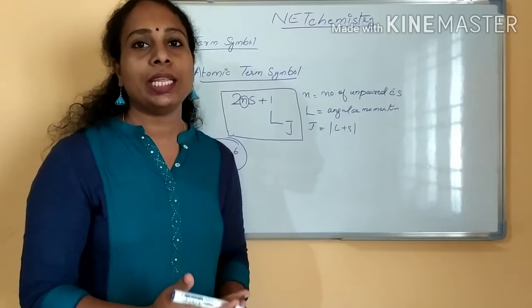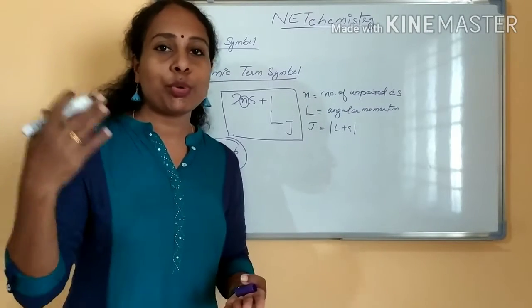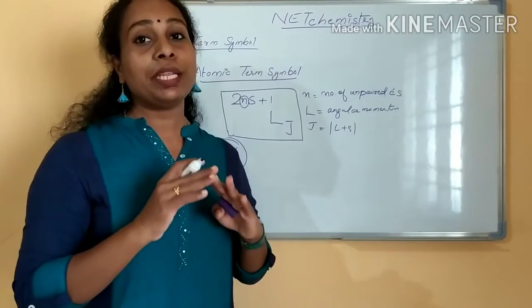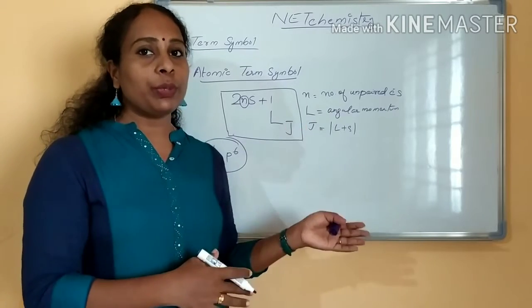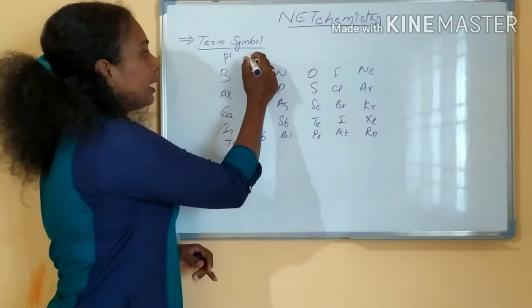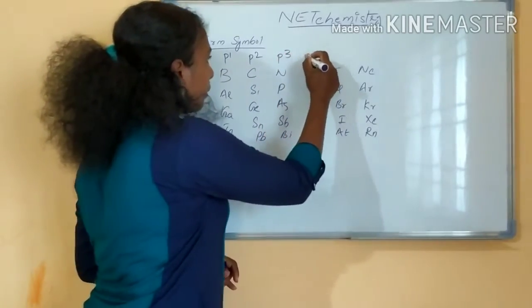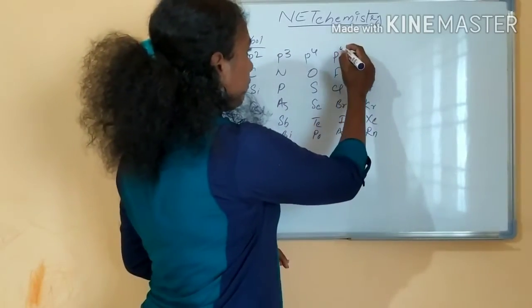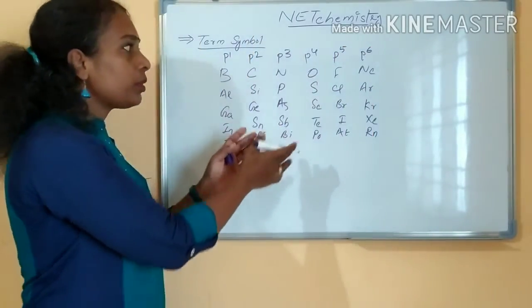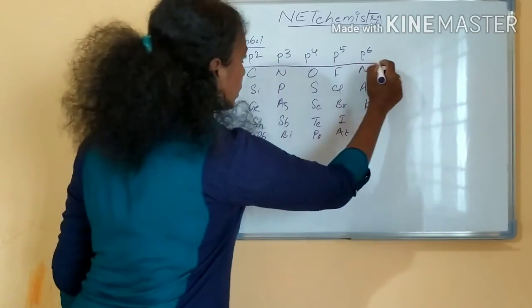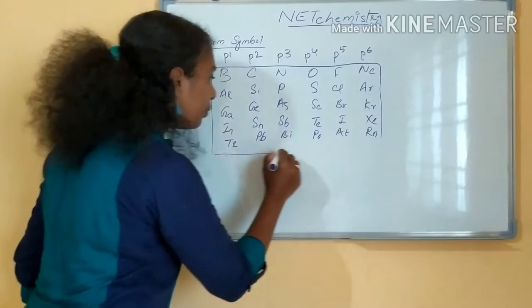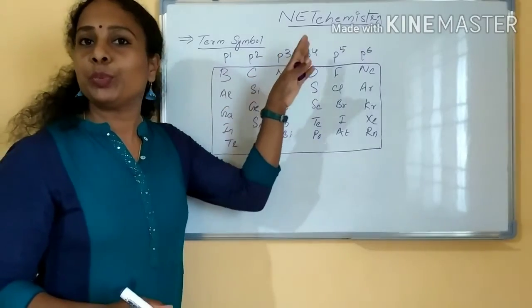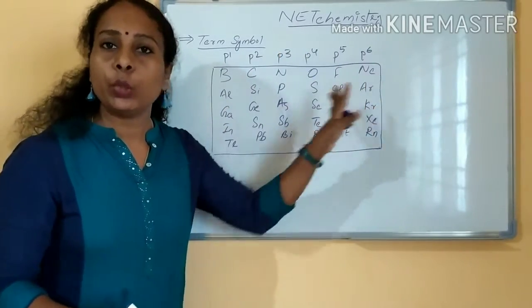So first we have to study the periodic table, and I said shapes and point group also you have to study. To clear the JRF exam you have to study the complete periodic table. So we will see the periodic table first. This is P1 configuration, this is P2, P3, P4. The outer electronic configuration is P1, P2, P3, P4, P5 and P6. Whichever atom you are getting from this P block, you have to first find out what the outer electronic configuration is, whether it is P1, P2, P3, P4, P5 or P6. This many only in this section.